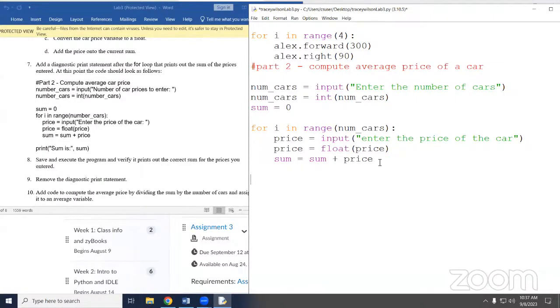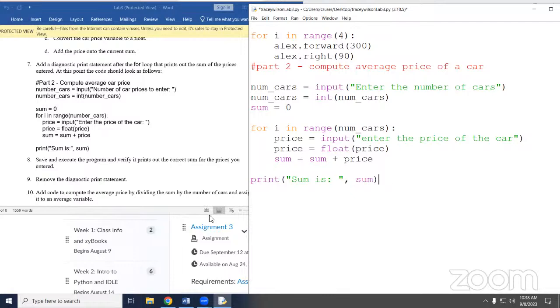Now, the key here is if I just put that line of code right here, indented underneath, it's going to print it every time the loop runs. But we only want it to print once, so we need to get outside of the loop. How do we get out of the loop? We just backspace over to where it's not indented. And now we can put in our print statement. I swear I can spell and type, just not well.